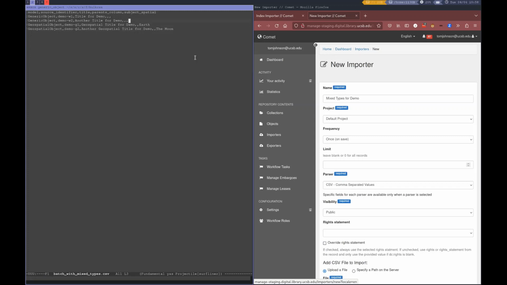Yes. Okay. So I've got 4 objects that I'm going to ingest using this import process. I have them set up to import to the 2 models that we're currently supporting on the UCSB deployment. The first is the generic object, and that's using the generalized UCSB schema, and then also the geospatial object, which is using the schema that's